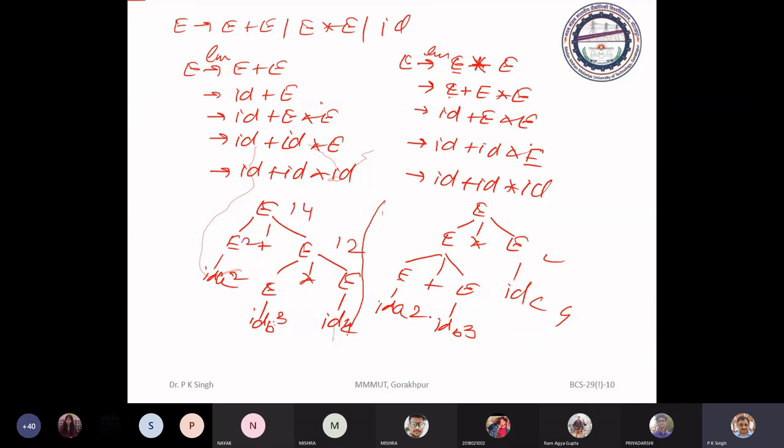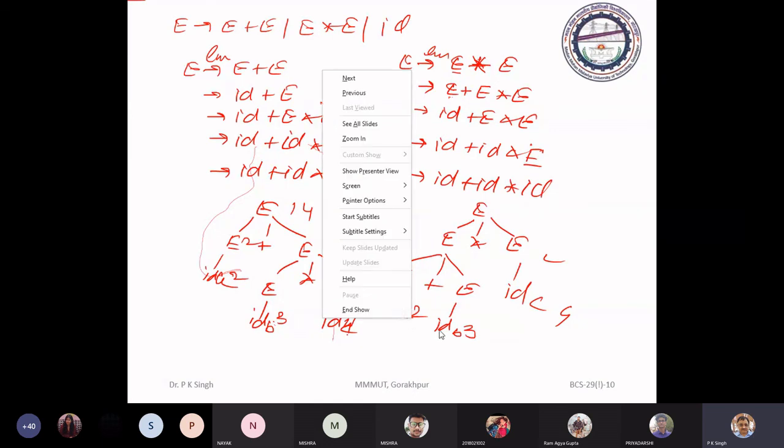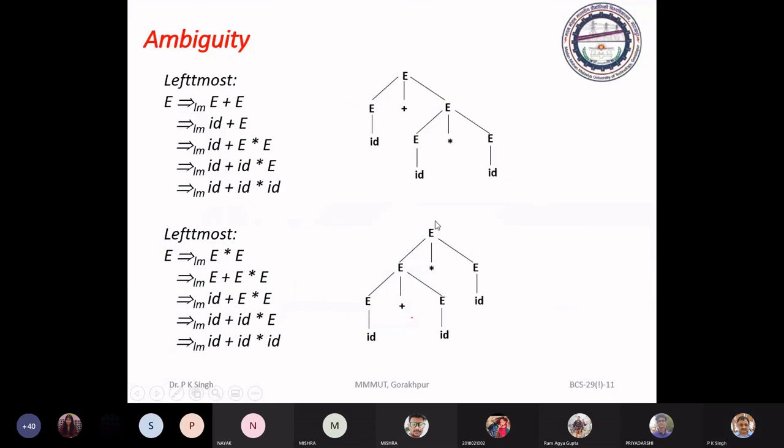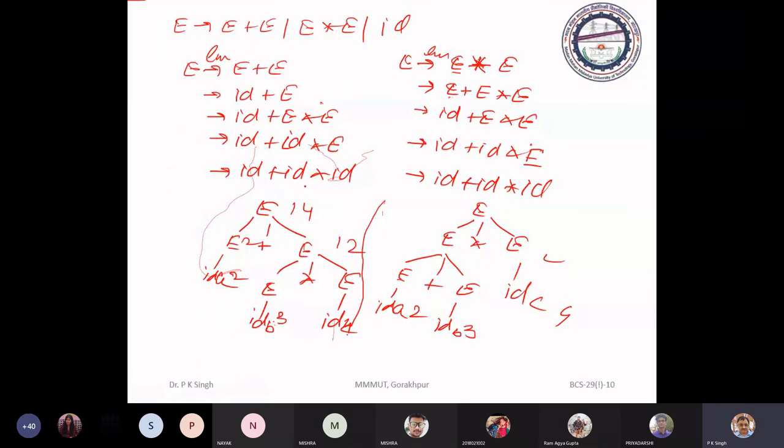Here 2 plus 3 is 5, and 5 times 4 is 20. So for leftmost derivation, we are able to generate two different meanings for the same expression. So we say there is ambiguity. Next time we will discuss how to remove this ambiguity and prepare the grammar for parsing.